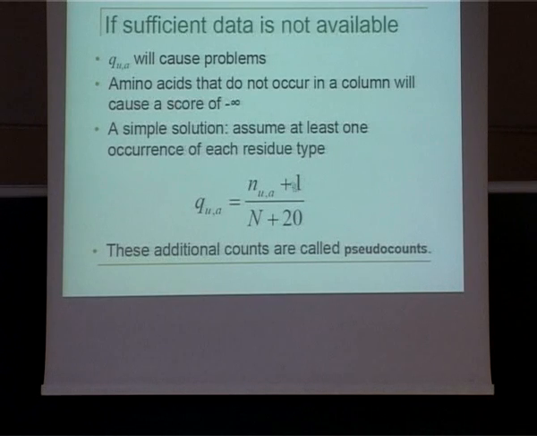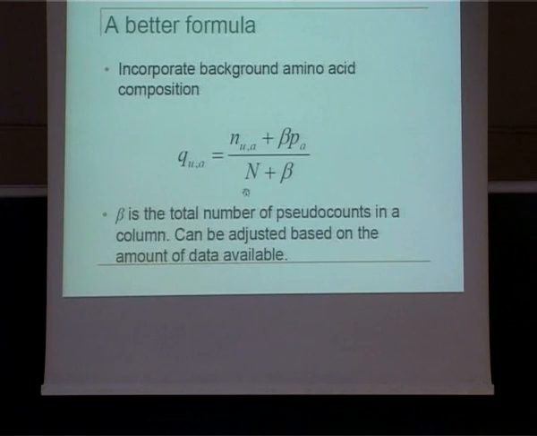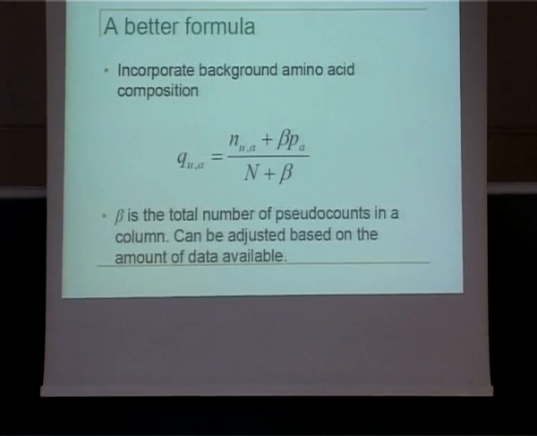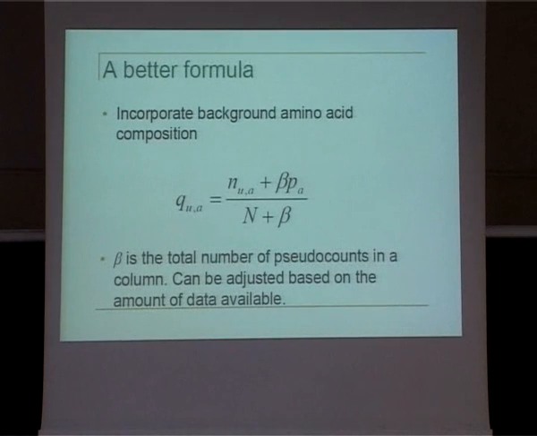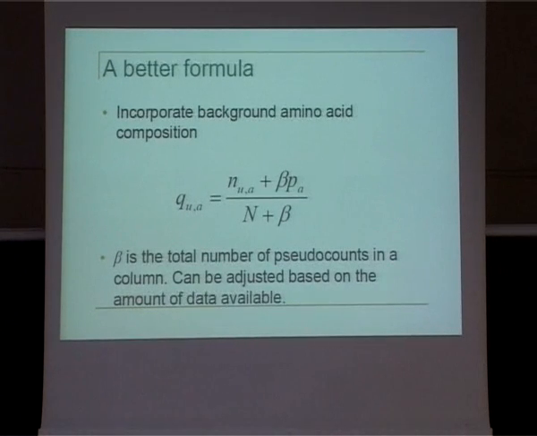Okay, so this is the original pseudo count, adding each amino acid type by 1 to this formula. These are additional counts, additional virtual counts. And here we can also incorporate the background amino acid composition. And also we can add another constant beta to increase the effect of these pseudo counts. I mean, to decrease their noise effect. Instead of counting them by 1, this beta value